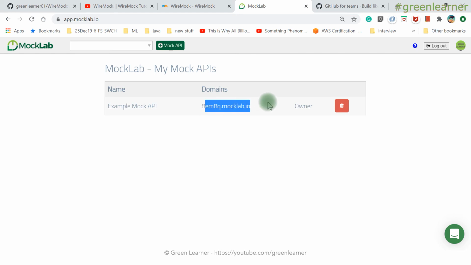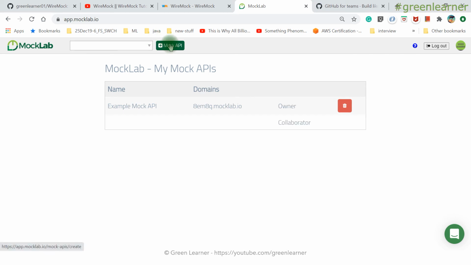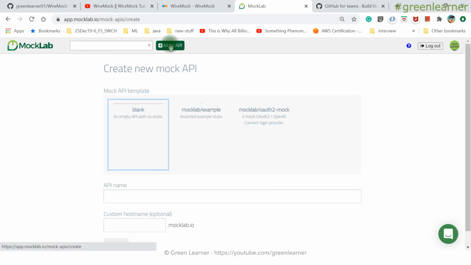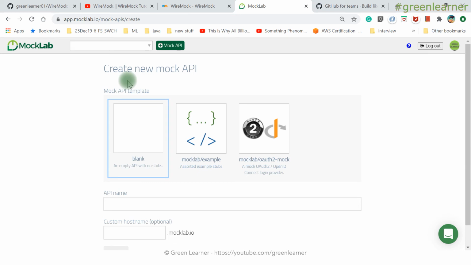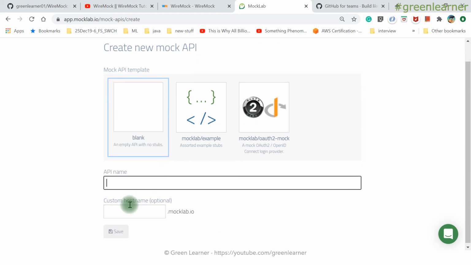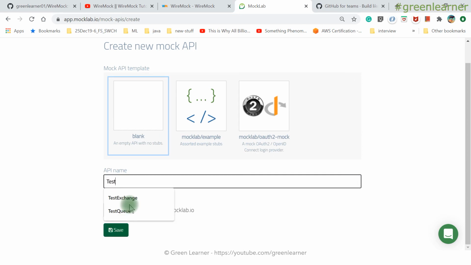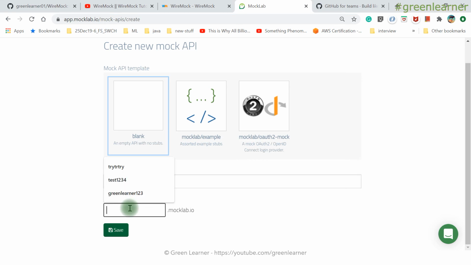I can go ahead and delete this section as well. I have the option to delete this one, right? If I click this one, mock API, yeah, here is the option, create new mock API. This is what I was looking for. So, mockable example, and these are the options that you can select. So this is the mock API. If I test the example,